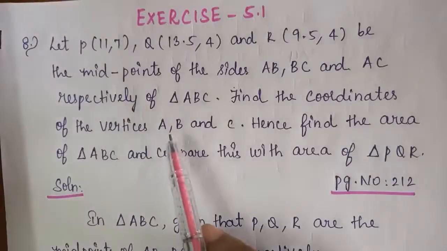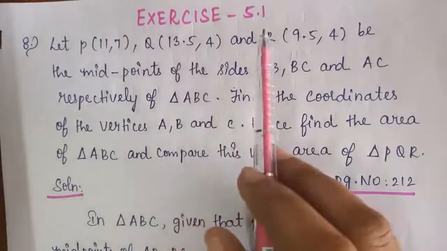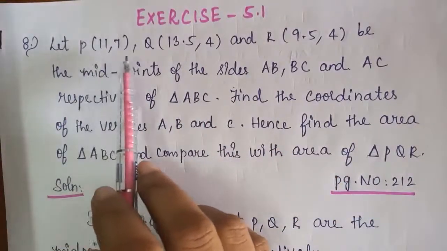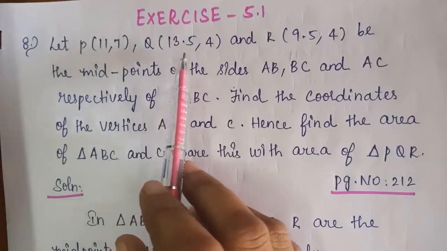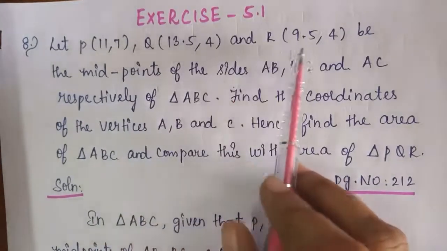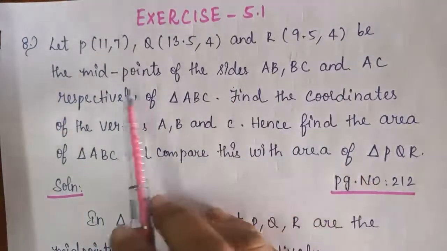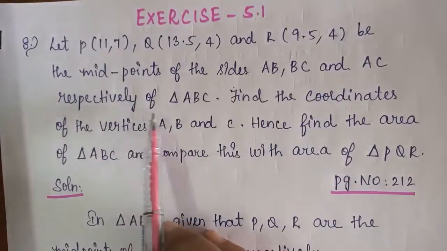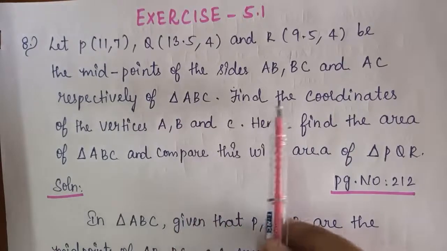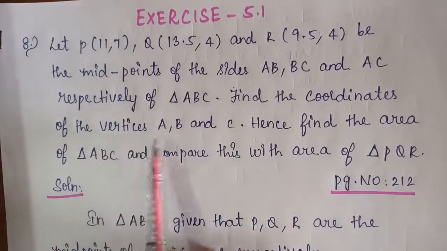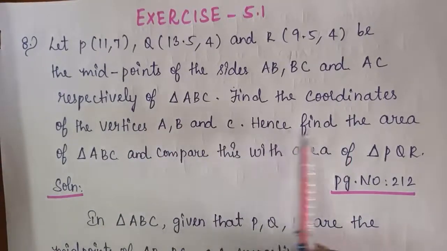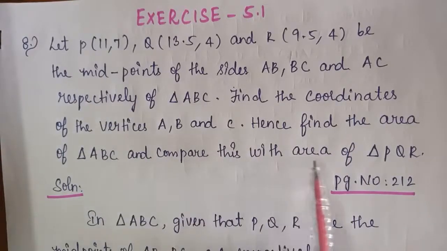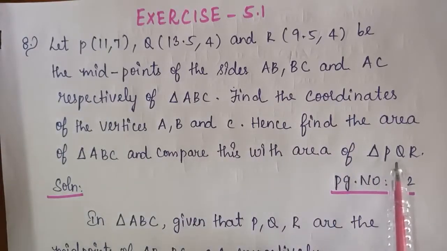Happy morning students. Today we are going to see exercise 5.1 continuation, problem number 8. Let P(11, 7), Q(13.5, 4) and R(9.5, 4) be the midpoints of the sides AB, BC and AC respectively of a triangle ABC. Find the coordinates of the vertices A, B and C. Hence find the area of triangle ABC and compare this with the area of triangle PQR, which belongs to